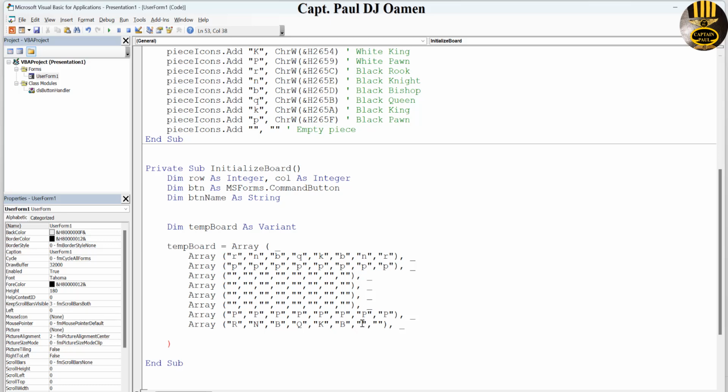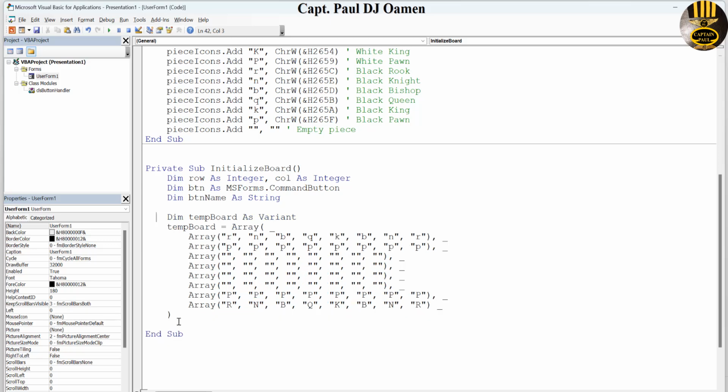Then we have N and R. And R. There. All done. Get rid of this. And that is it. So the next thing now is to resize the handler array. So I'm going to say,